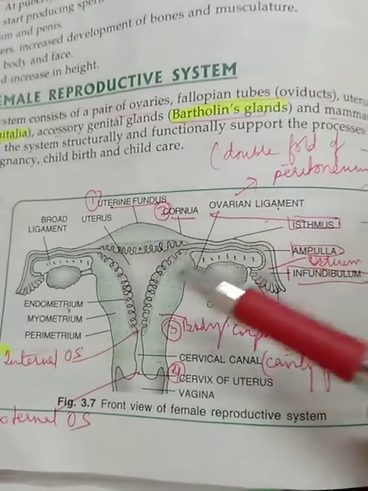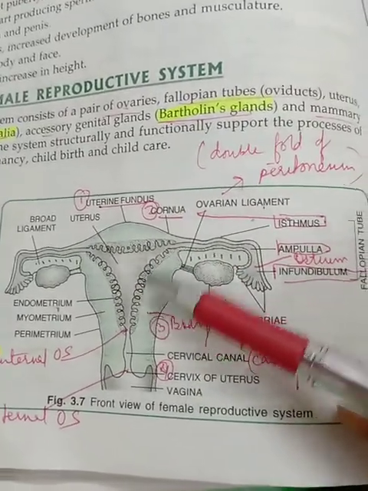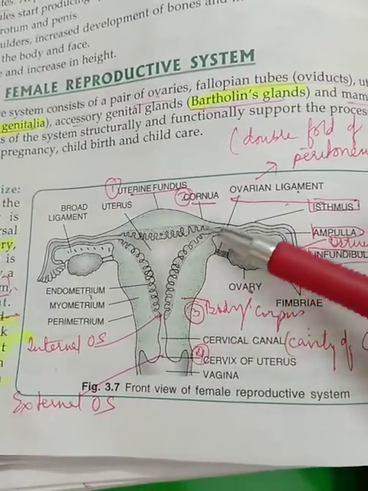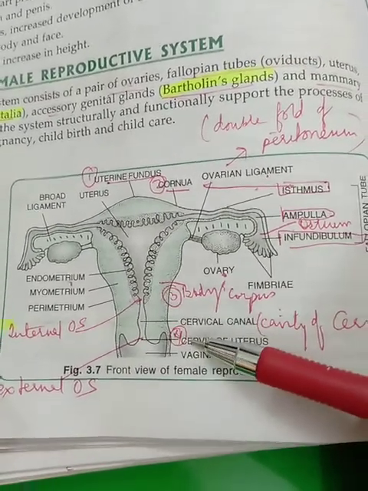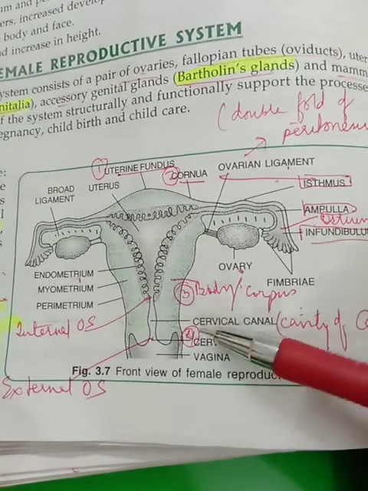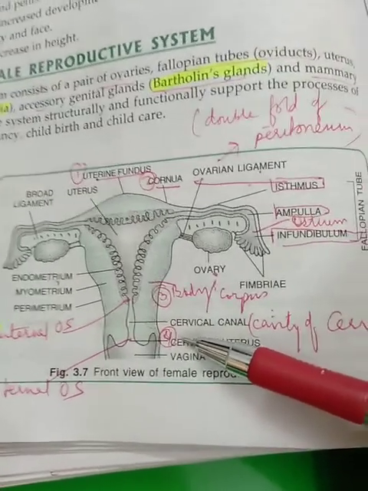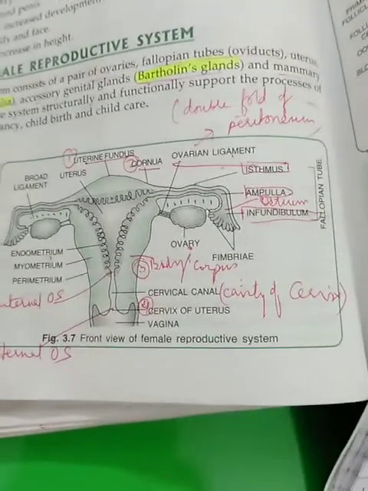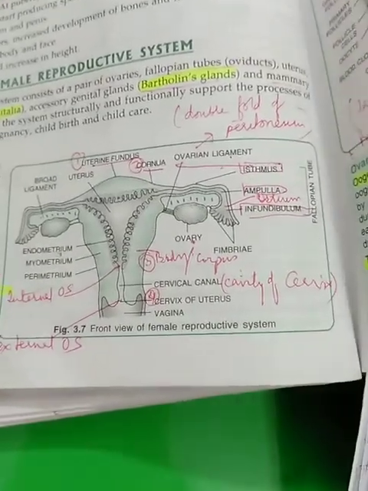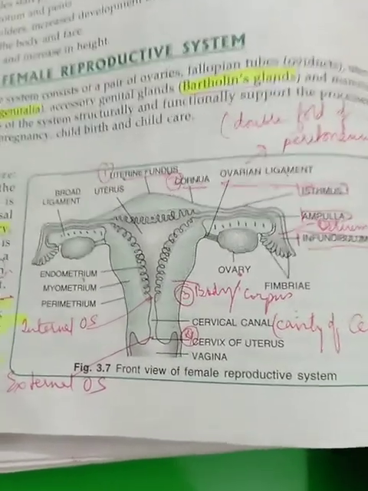The third is the body, right? The main part or the corpus of the uterus. Here you can see this is the corpus or the body, and the fourth part of the uterus is the lower narrow part called the cervix, and this projects into the vagina. So these are the four parts of the uterus, not layers, but four parts.